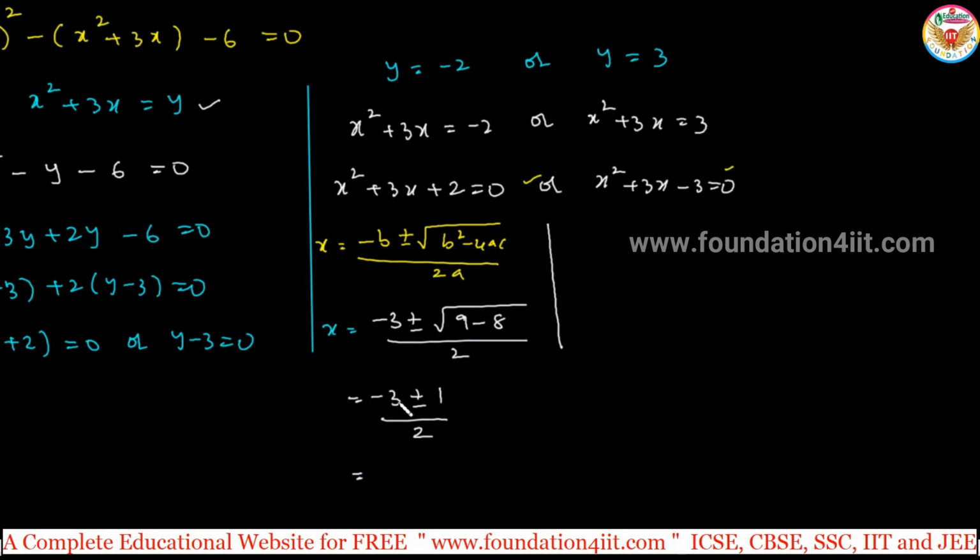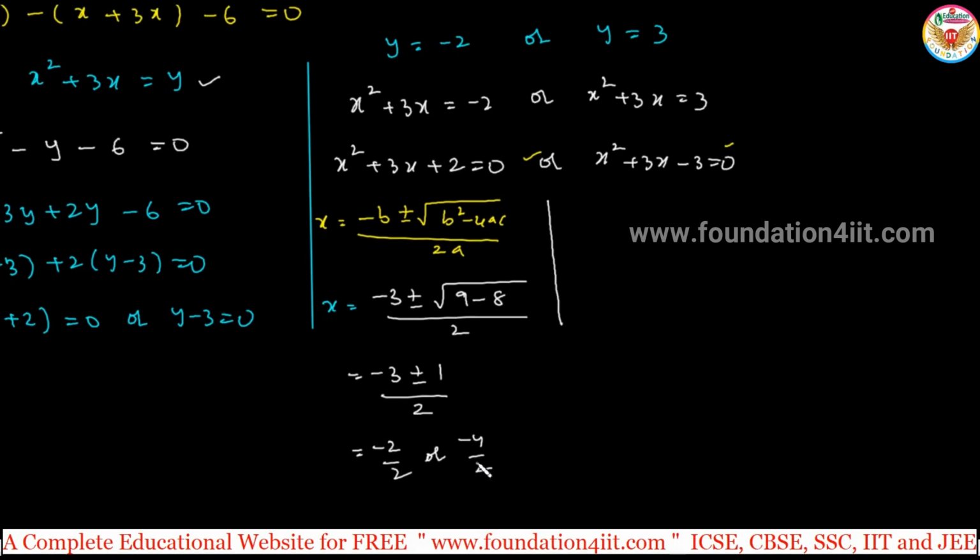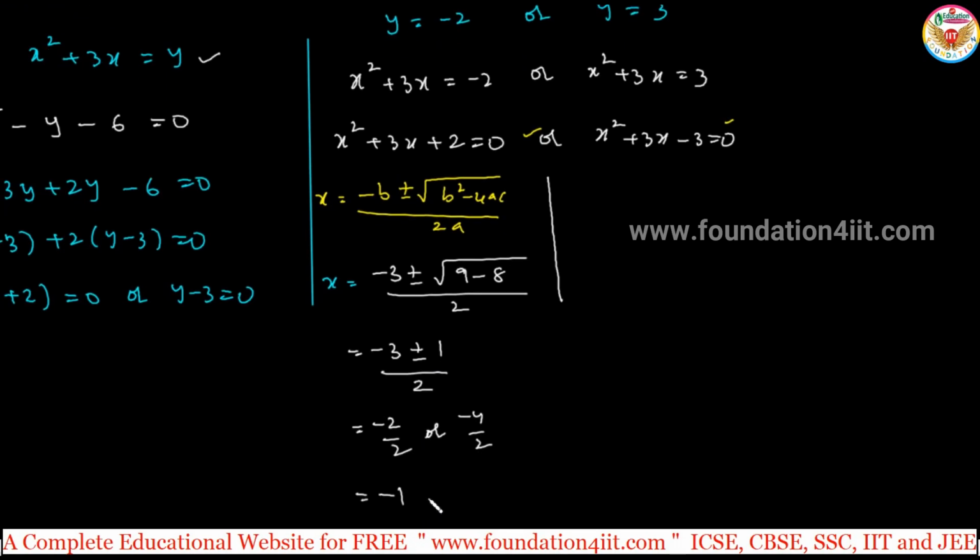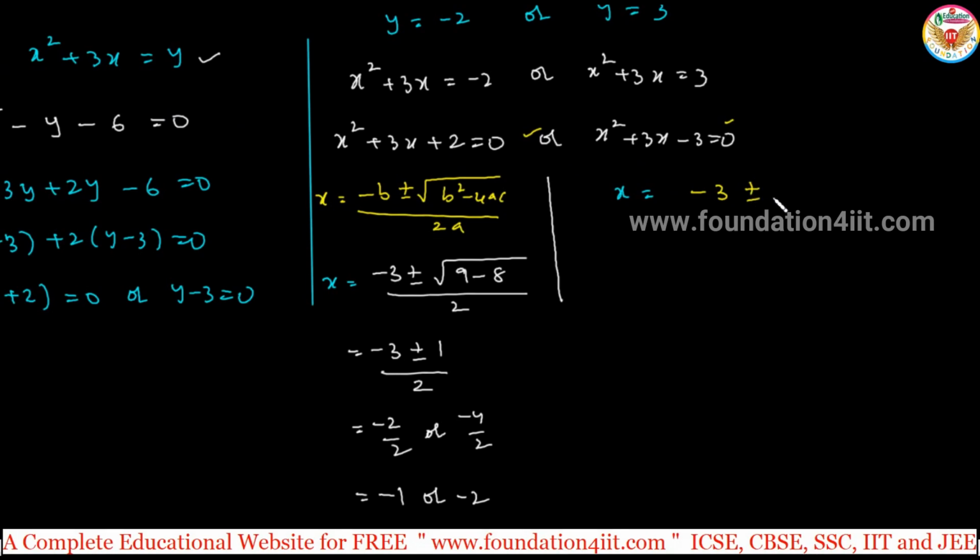Once you take plus, minus 3 plus 1 is minus 2 by 2, or once you take minus, minus 3 minus 1 is minus 4 by 2. So finally for this, the x values are minus 1 or minus 2. In the same way for this side, x is equal to minus b plus or minus under root b square 9 minus 4 into 1 into minus 3,